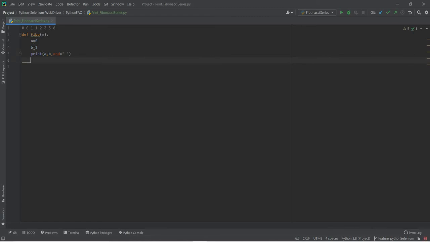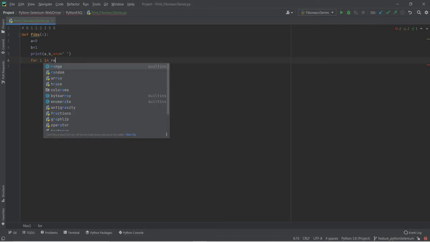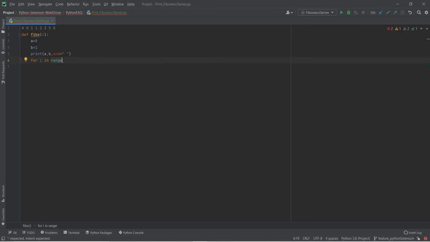What logic? We'll apply a for loop. For i in range, up to what? n minus 2, because a and b we have already taken, so n minus 2 will exclude a and b.